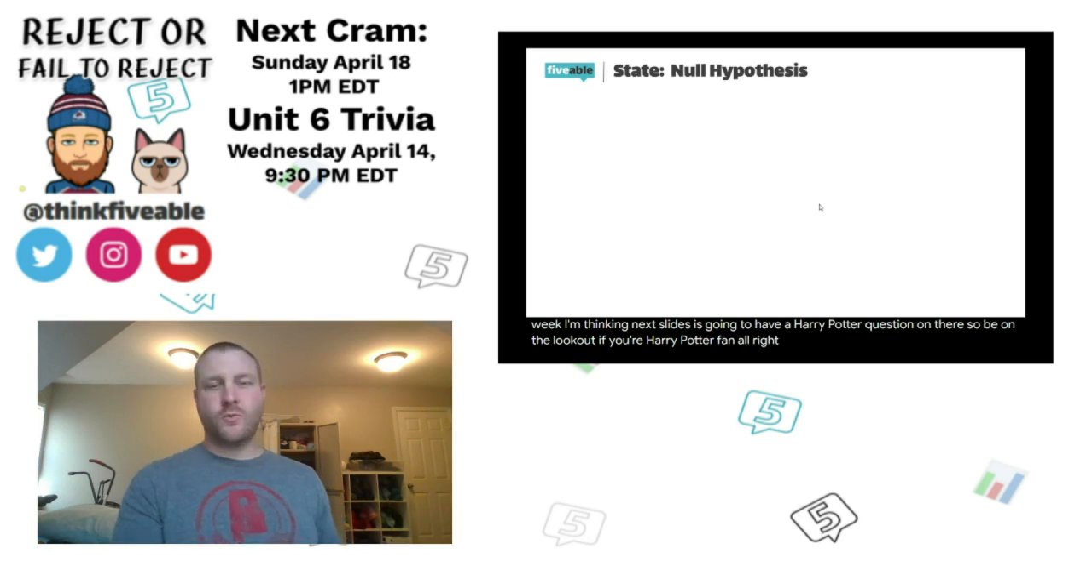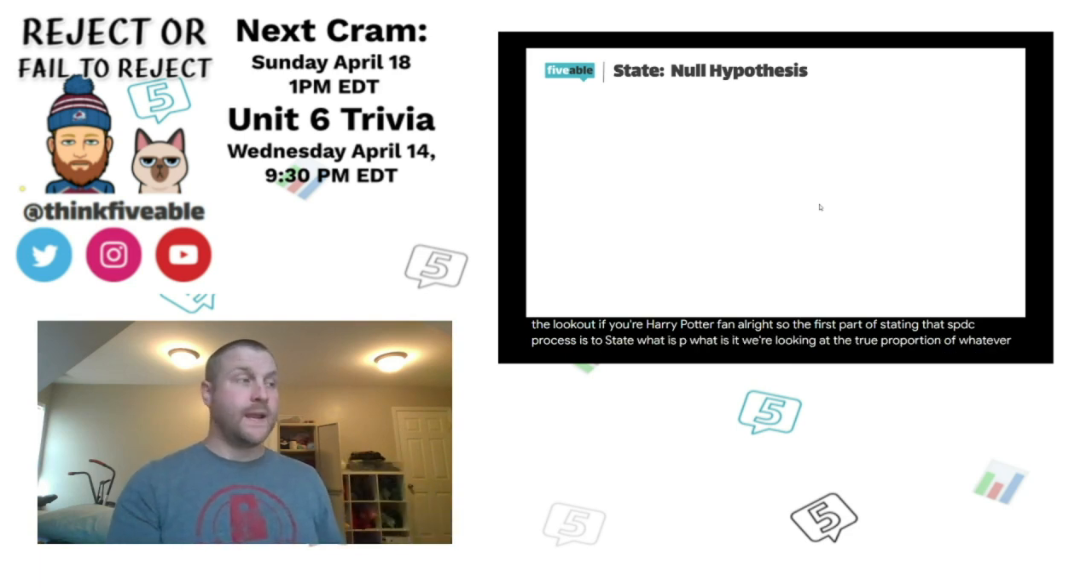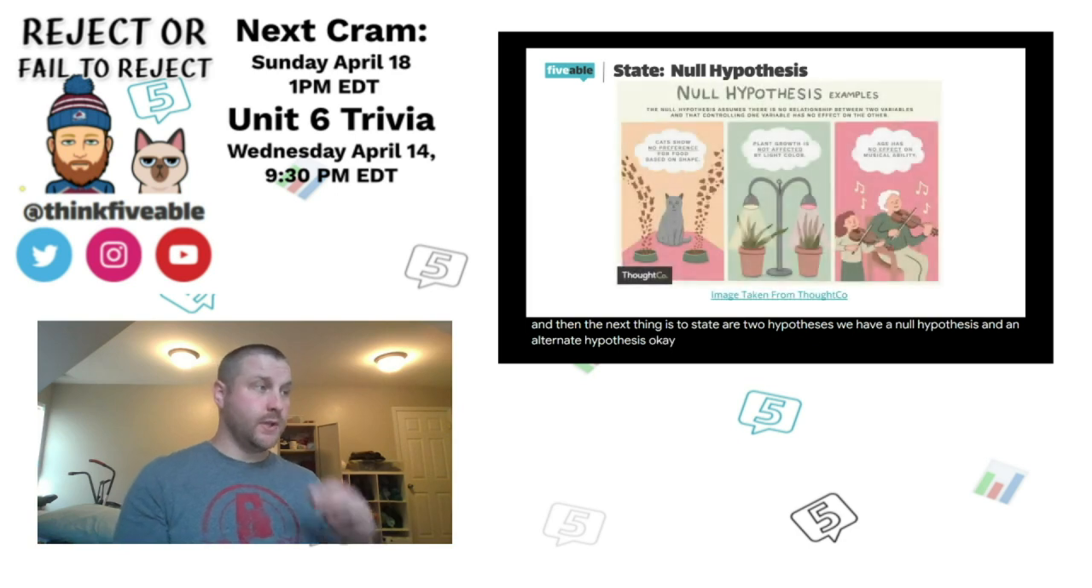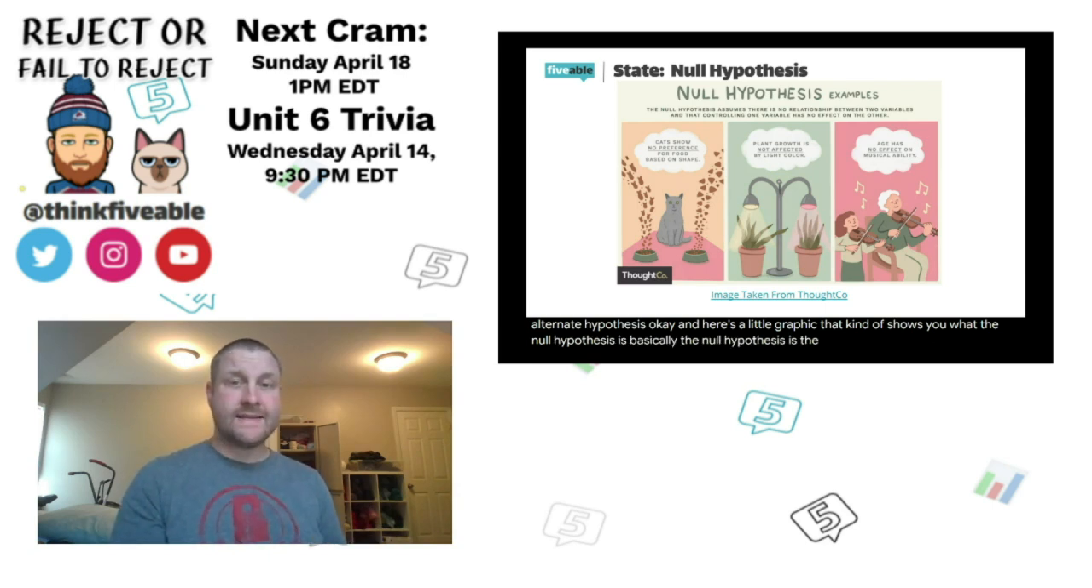All right, so the first part of stating that SPDC process is to state what is P. What is it we're looking at? The true proportion of whatever. And then the next thing is to state our two hypotheses. We have a null hypothesis and an alternate hypothesis. Here's a little graphic that shows you what the null hypothesis is. Basically, the null hypothesis is the idea that there is no connection, there's nothing weird going on, there's no wow factor, everything is business as expected,